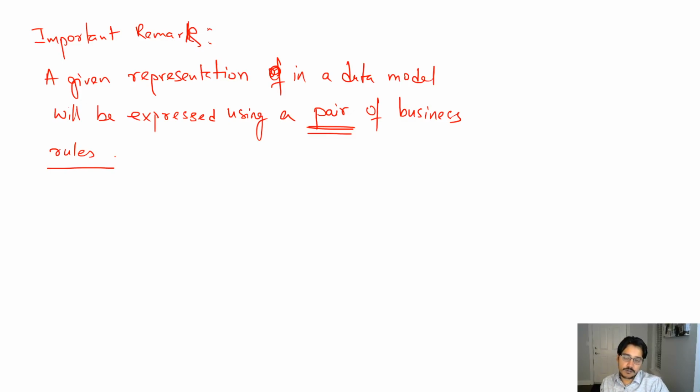But the first and foremost thing, and the most important thing within the realm of business rules, is to always remember that every interaction in the data model, every graphical representation in the data model, will always be expressed by a pair of business rules, not a single business rule, but a pair of business rules, which will take care of the bidirectionality of the interaction. Okay, and of course, again,